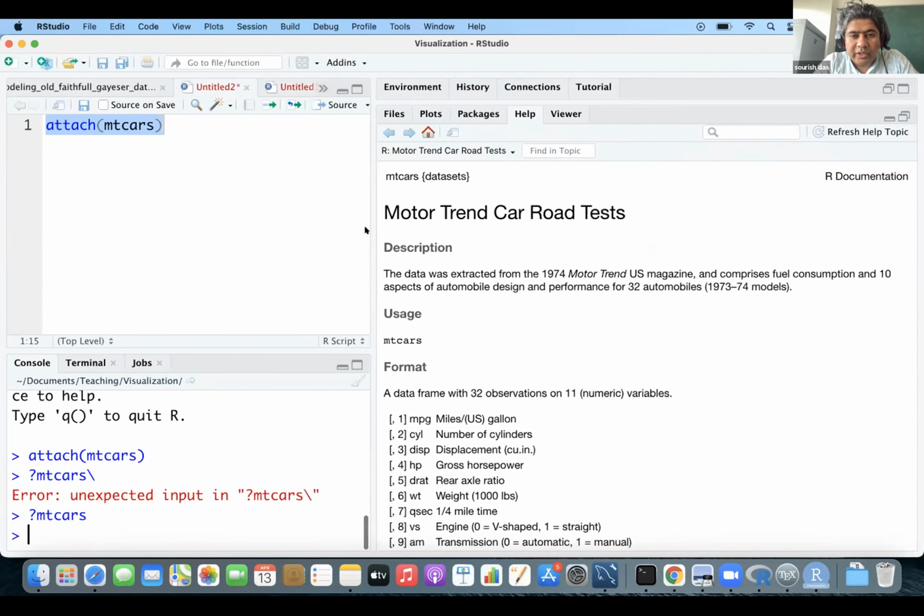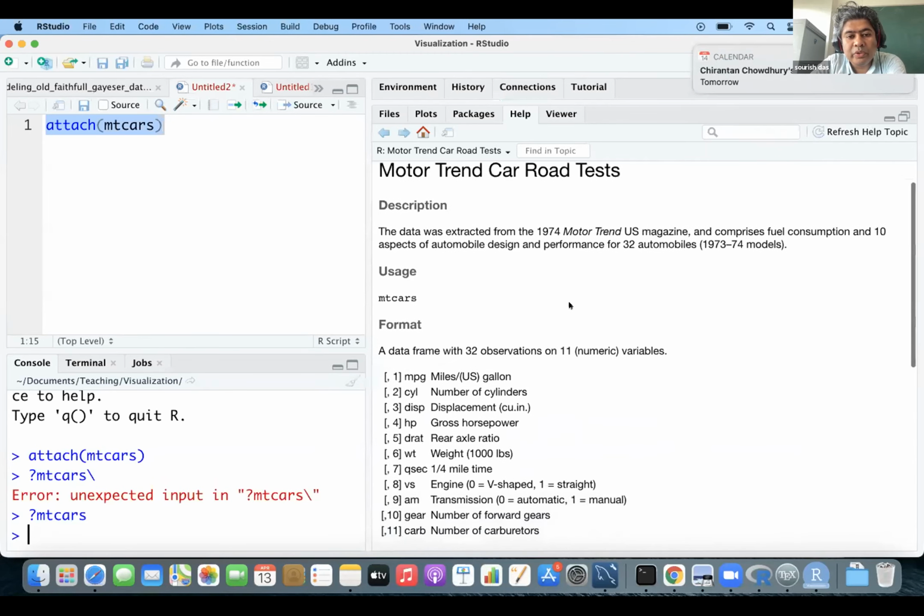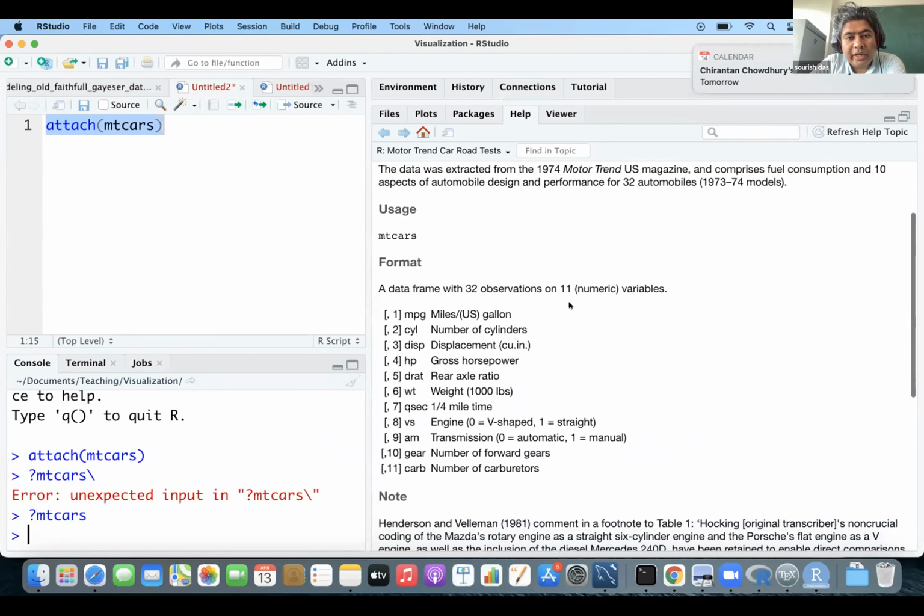So this data was extracted from the 1974 Motor Trend US magazine and comprises fuel consumption and 10 aspects of automobile design and performance for 32 automobiles. So there are actually 11 variables. The first variable stands for miles per gallon, that is the measure for fuel consumption, and the rest of the 10 variables stand for different engineering aspects